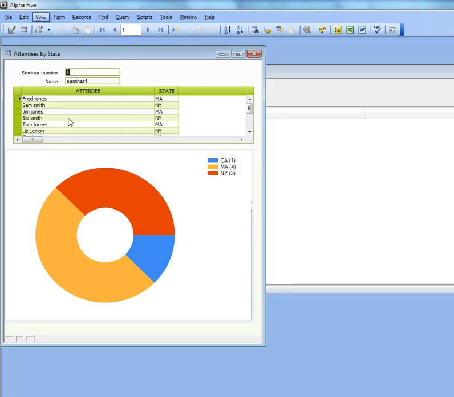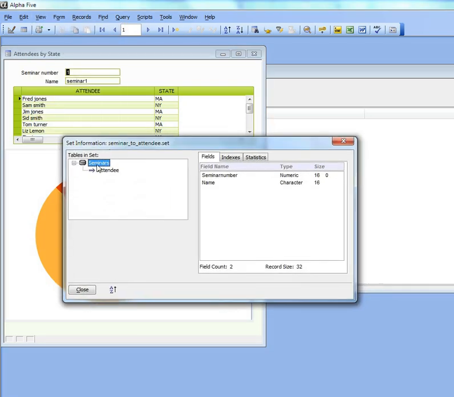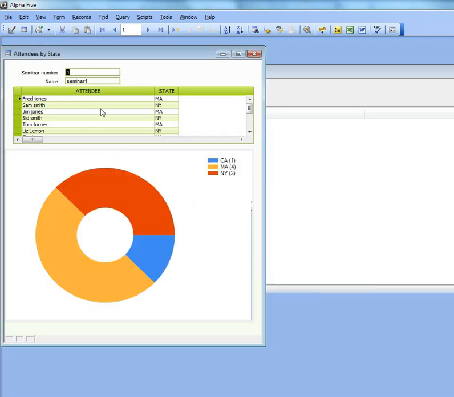look at the structure of the set here, we see that we have a seminar table and then a one-to-many link to attendees. So each seminar has many attendees. So you can see here that seminar number 1 has all of these attendees, and for each attendee we basically